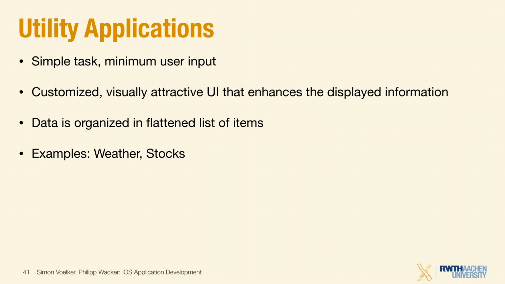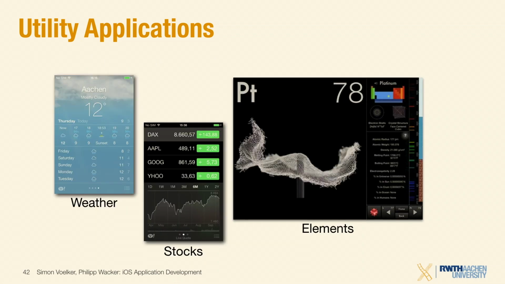In comparison to the productive one, in a utility app I don't want to go through a large hierarchy of different views, because I just want very short information. I don't care about these details. Maybe they could be hidden somewhere for people who are interested, but the first information should be very clear at the beginning. Here are some examples: the weather app, the stock app, and this is actually a very interesting app